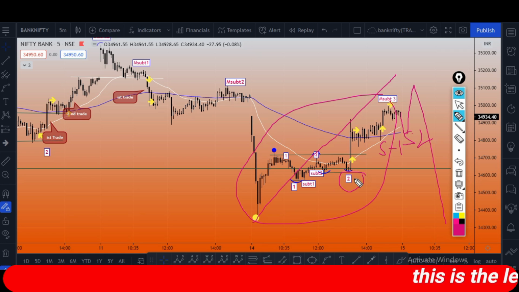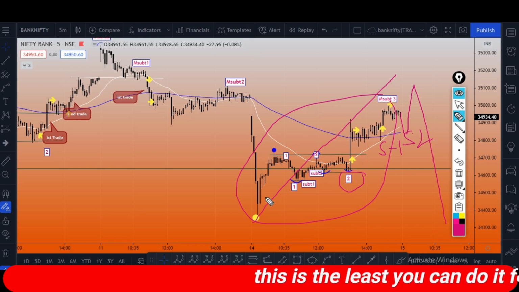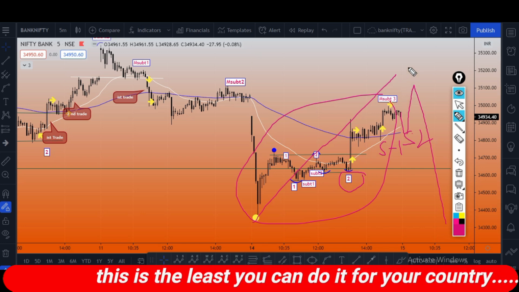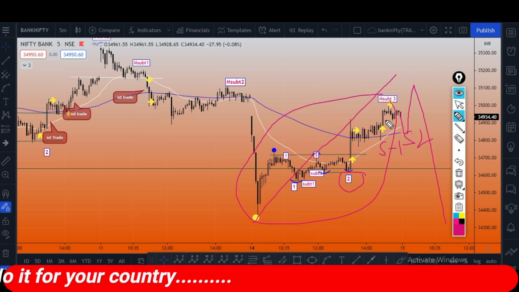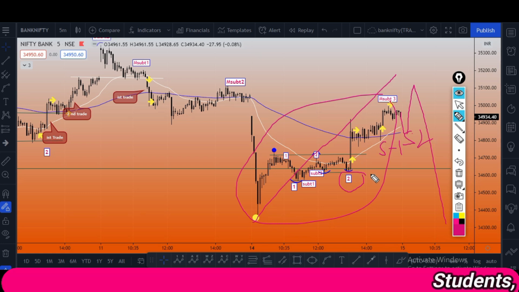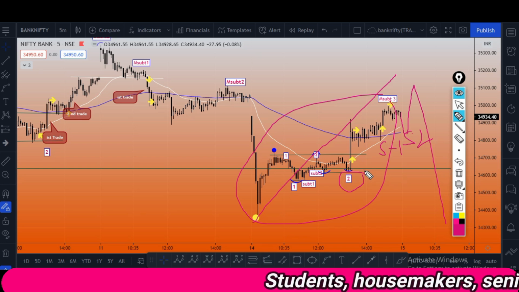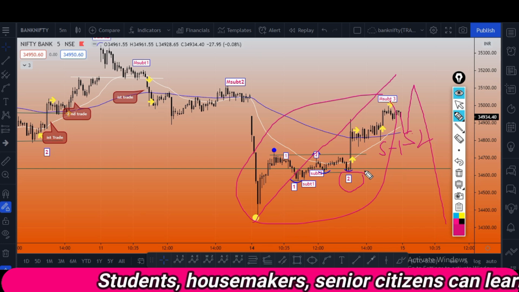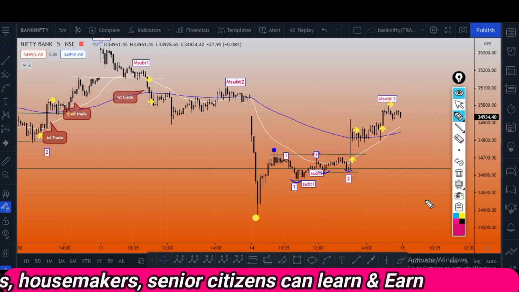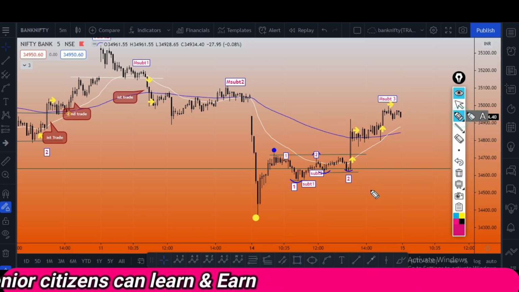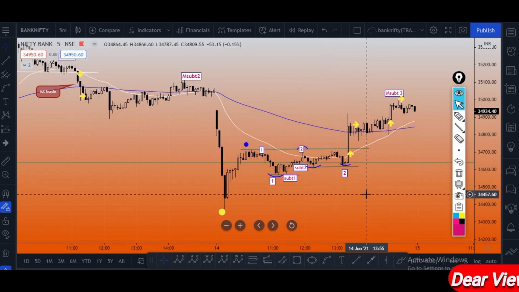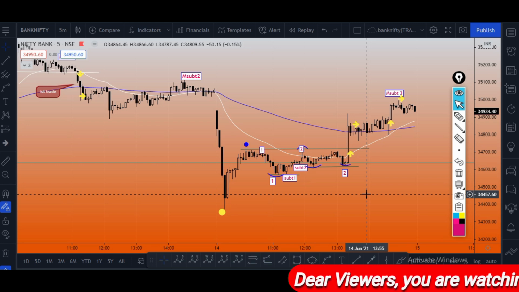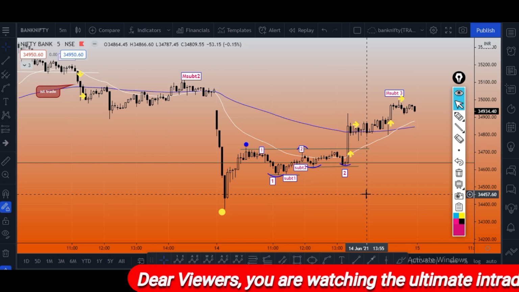So I will discuss this case when tomorrow's trading finishes. Then we will know what is going to happen next. But right now, this is the marking which you should follow, because if the marking gets changed, it hardly matters to us. Why does it hardly matter? Because I have already developed a system in which the chances of error are very less. There might be chances of error, but